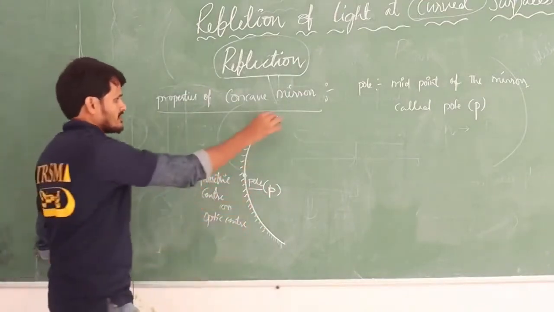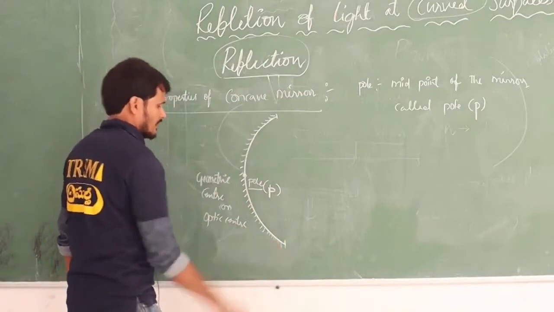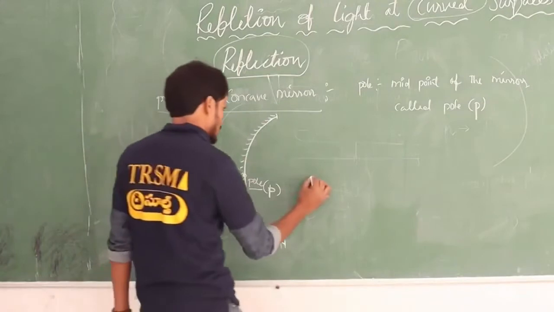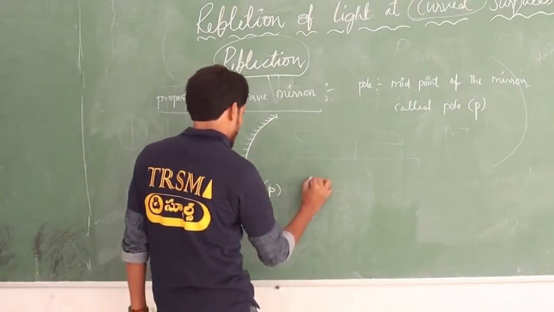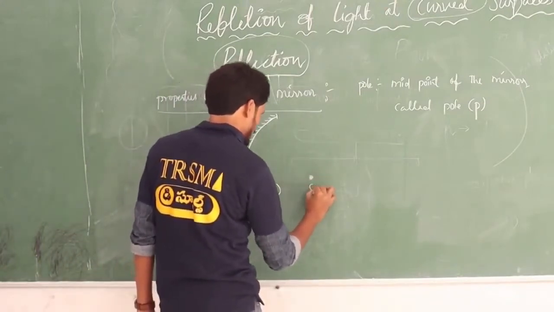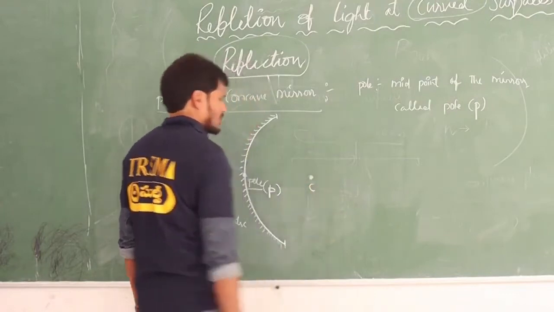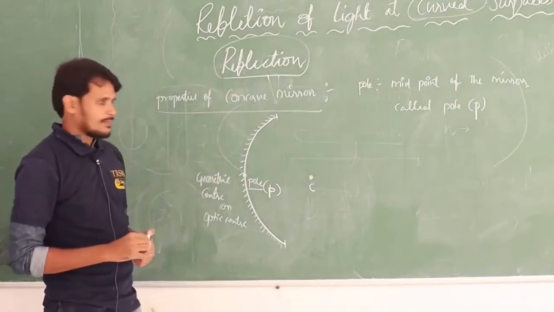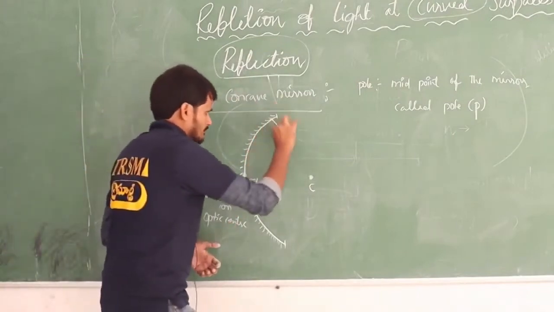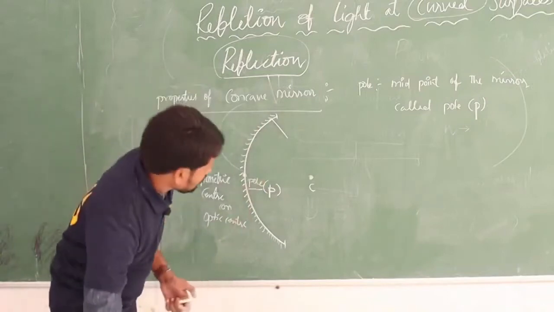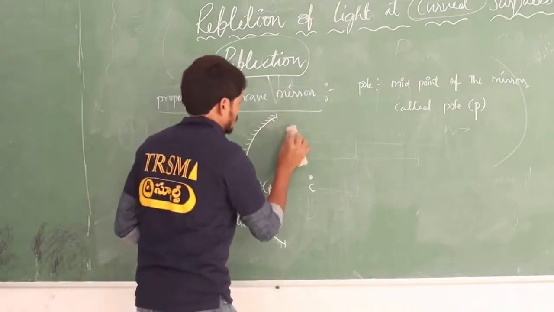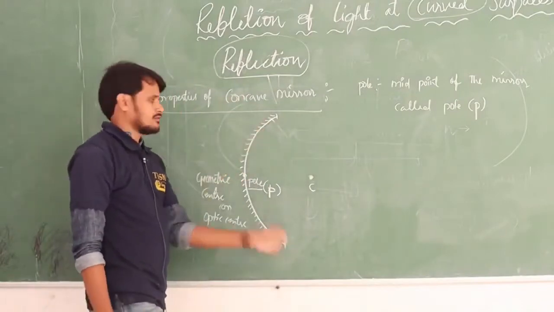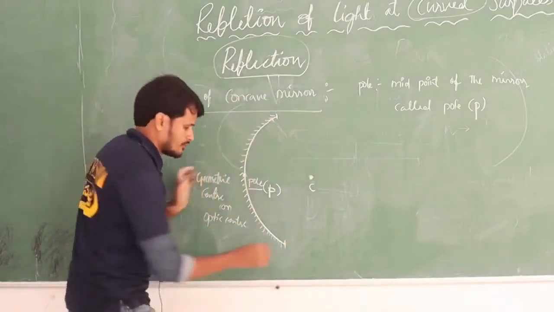We know that a concave mirror is a semicircle or a curved mirror. It is a part of a circle, so a center definitely exists. I consider the center here and denote it by C. But a definition is required, so just imagine normals from the surface of the concave mirror.